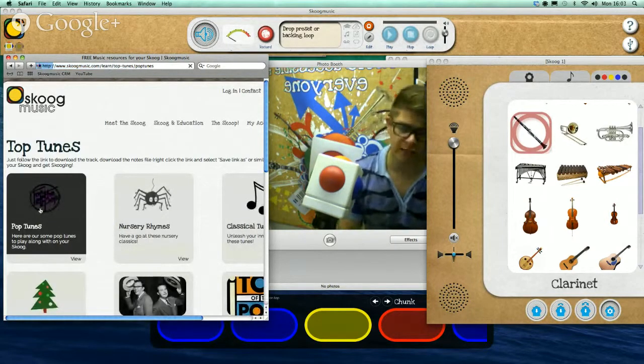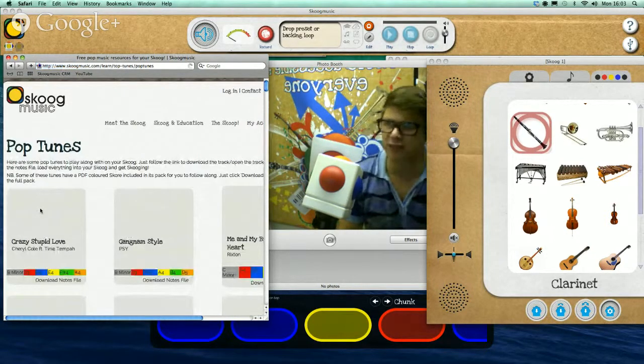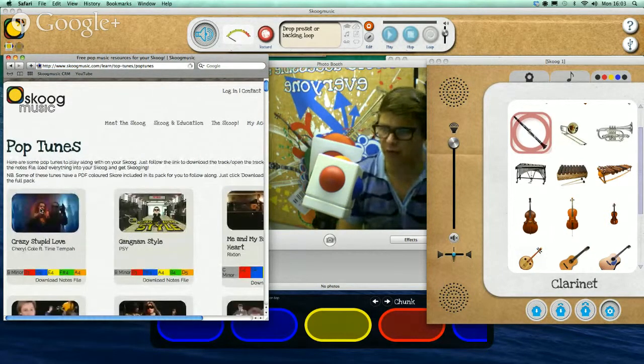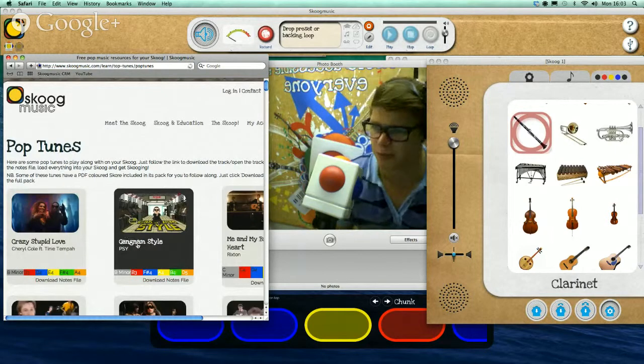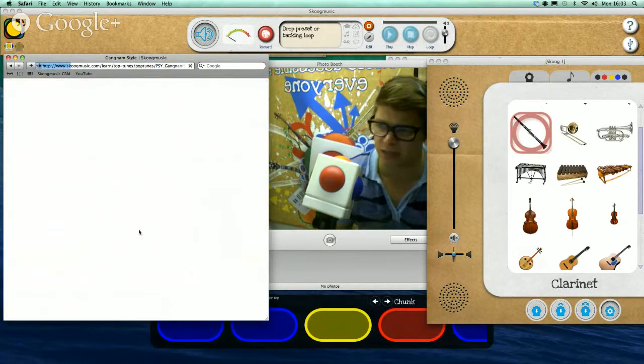Now on this page, it's continually growing, continually evolving, lots of different styles, like there's Gangnam Style there, first off. Maybe we should just do that. I've not heard that in a while, and it's a ridiculous tune, but you know, let's do it. So if I click the Gangnam Style link, there's various information there, and there's things I can do with scores,